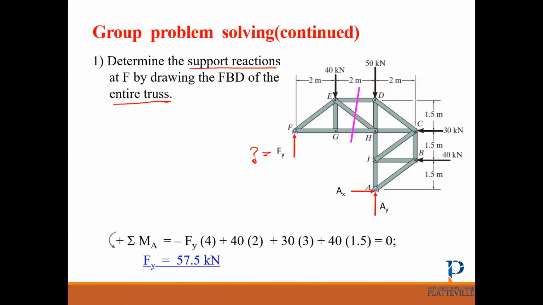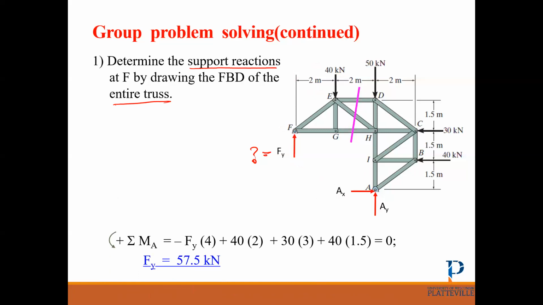All right. Here is the sum of the moment about A. Let's say counterclockwise is positive, so it's Fy multiplied by the distance. What is the distance? It is 2 plus 2, which is 4. What's the direction? It makes a